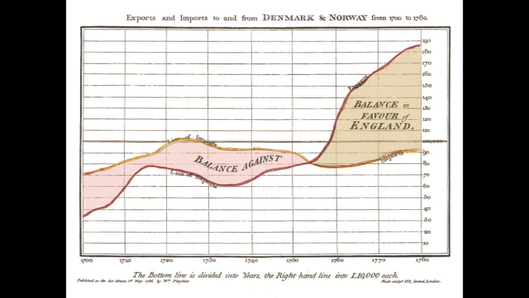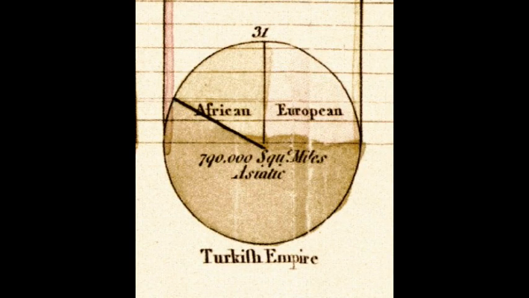Now, in this book, he also used a time series chart to show the trade balance in trade between England and Denmark and how it moved from negative to positive. Again, quite complex issue to get over. This book was described as the first major work to contain statistical graphs. William subsequently published a book called Statistical Breviary in 1801, and this contained what is generally credited as the first pie chart, and it showed the proportions of the Turkish Empire located in Asia, Europe and Africa before 1789.